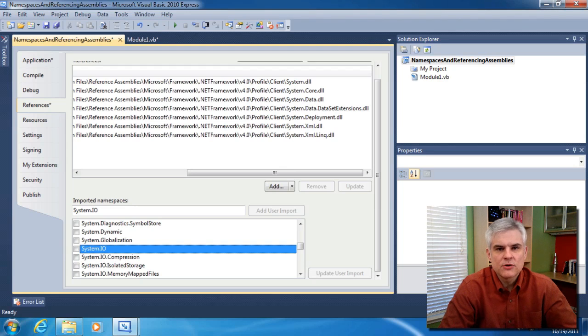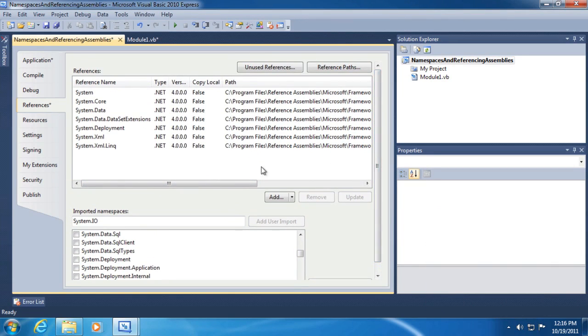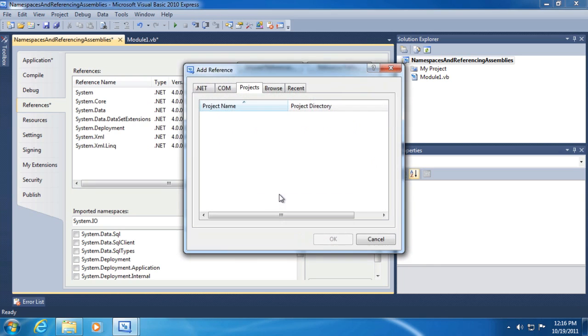And so my Tabor library has a single class called Bob, okay? It wasn't very original here. My Bob class has a single method called lookup, which accepts an input parameter of type string that represents a URL for a website. And then the lookup method will pull down all of the HTML for that web page from that URL. And so what we can do here to add a reference to that assembly is click Add,